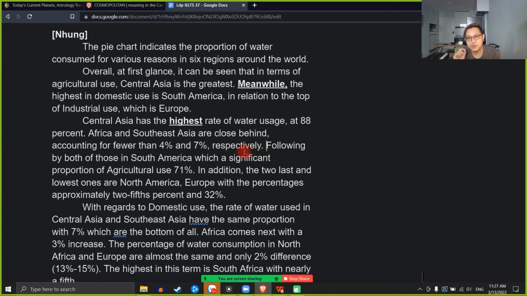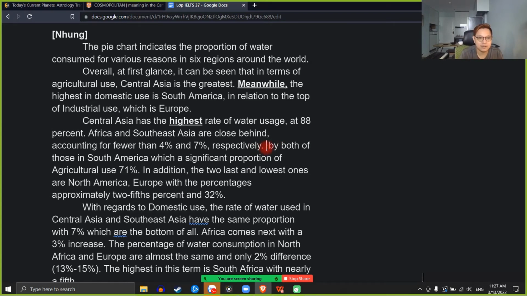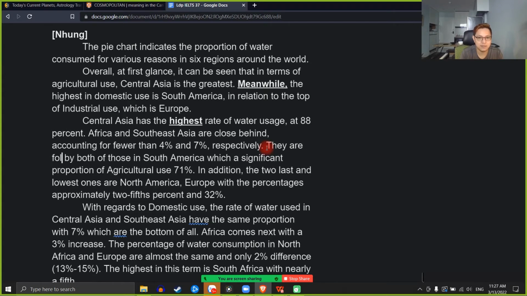Following by, is it followed by or following by? Được theo sau bởi nha. It's followed by. But what is followed by what? When you are in a new sentence now, cái gì được theo sau bởi cái gì? They are followed by. Chúng được theo sau bởi. Chúng được theo sau bởi. They are followed by both of those in South America. Which is